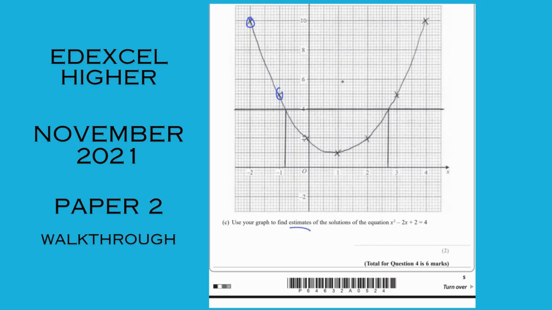Estimates of the solution equals to 4. So you need to get that horizontal line on of y equals 4. Sorry, I said x equals 1. It's been a long day. Apologies. Y equals 4. That's better. And I'm getting the answers, as you can see, of what? 2.7